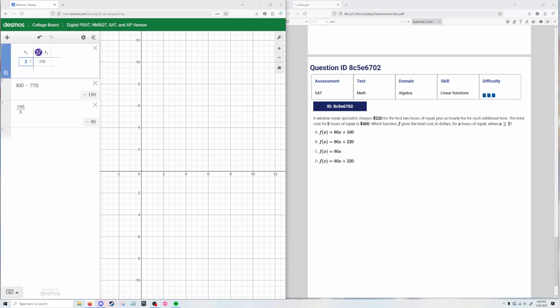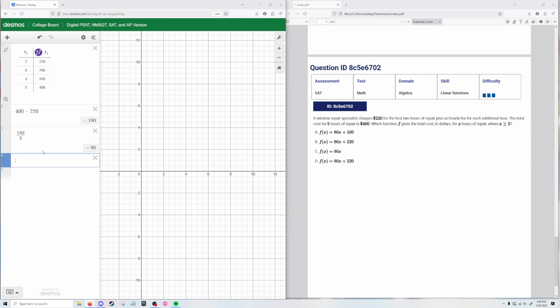So we can go back onto our table and say for the 3rd hour, 220 plus this 60 value right here, which is 280. And then for the 4th hour, it's another 60, so then that would be 340. And then for the 5th, it would be $400, which adds up to whatever is right here. Which function f gives the total cost in dollars where x is greater than or equal to 2? So what we can do now is we can set up what we call a regression line where y1,